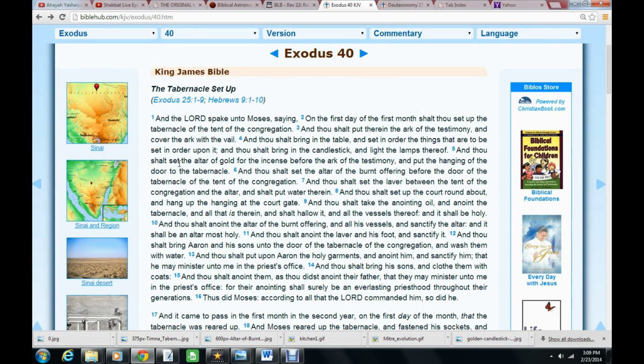We're still learning about the feasts and the rituals and stuff like that. So Exodus 40, section 1, the tabernacle setup. And the Most High spoke unto Moses, saying, On the first day of the first month, which will be Passover day, in Nisan, Aviv, February, around March and April, the end of March, before April,